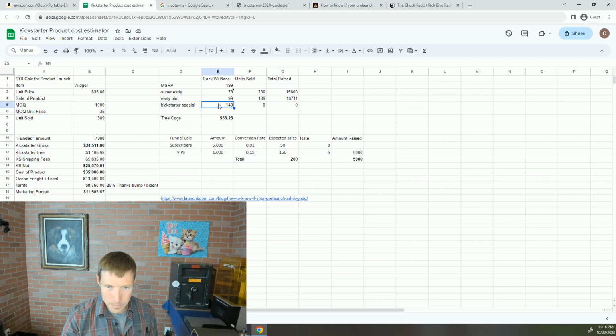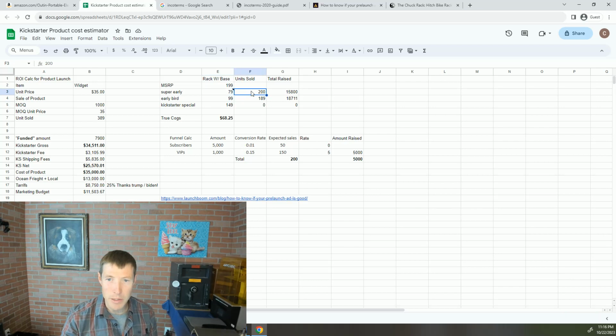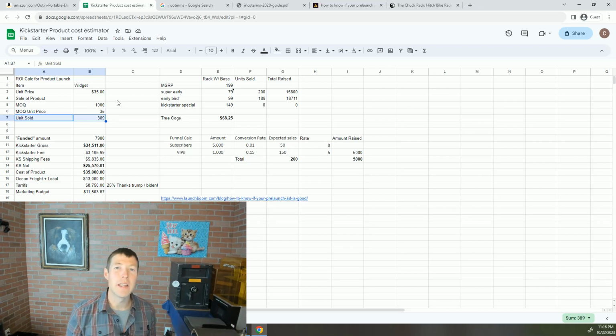And so with that in mind, you basically can take these numbers and then you can put in how many availability you're going to have for each of these tiers. So there might be only 200 super early, and then in here I just have 189 early bird, but you'll see that's me estimating 389 units sold. So the big thing for you to know is with your manufacturer, you already have your prototype. You have a general idea how much it's going to cost to make it, whether it's made in the US or it's overseas. There's a minimum order quantity price that makes sense for you in order to manufacture this item